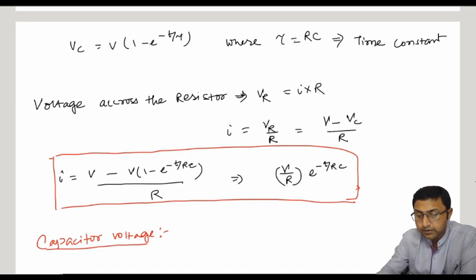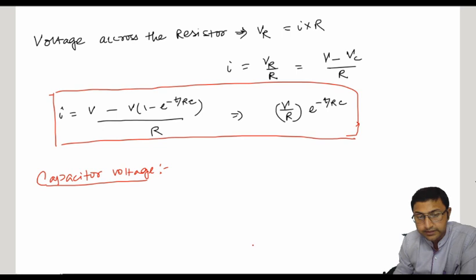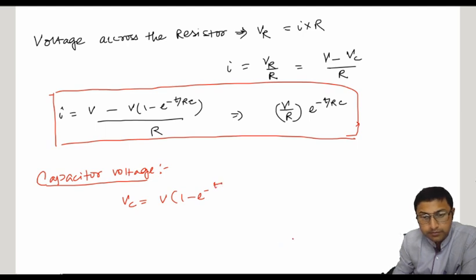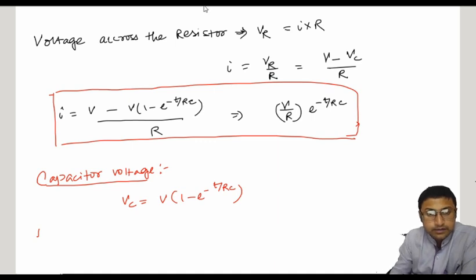So we have already found Vc and I, right? So the main thing that should be discussed is Vc equal to V into 1 minus e to the power minus t by RC, right? So now if we put t equal to 0,